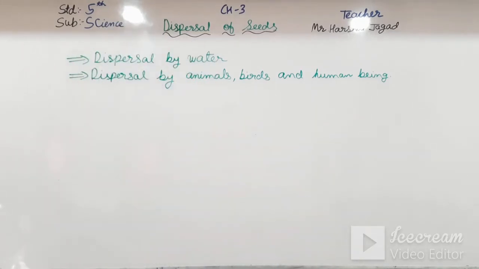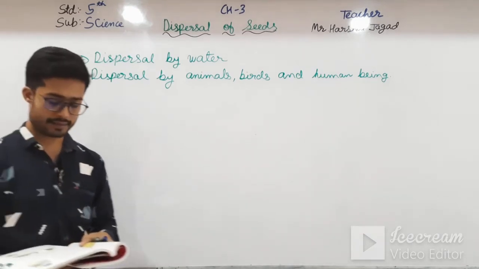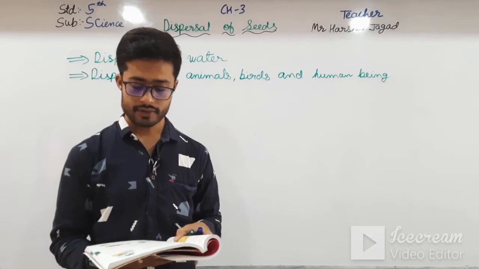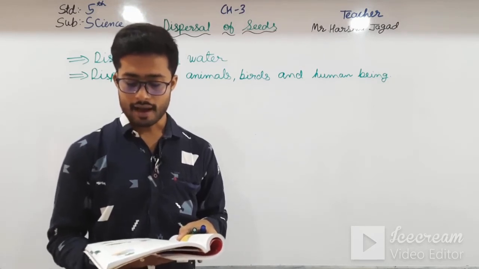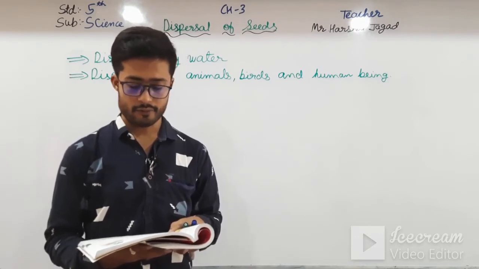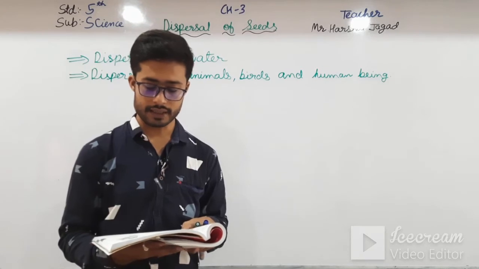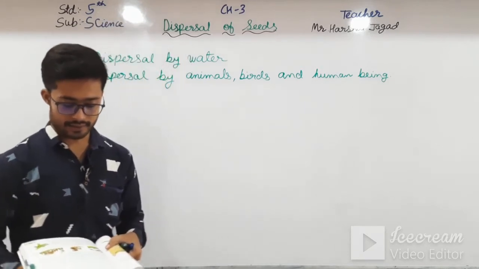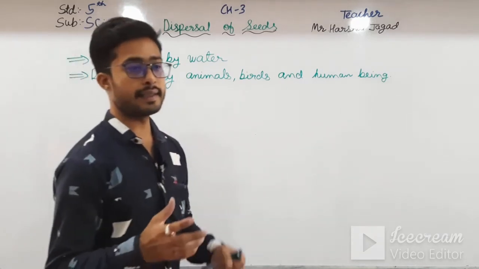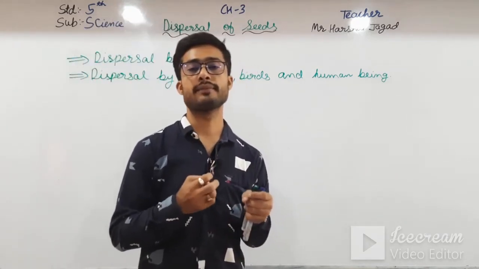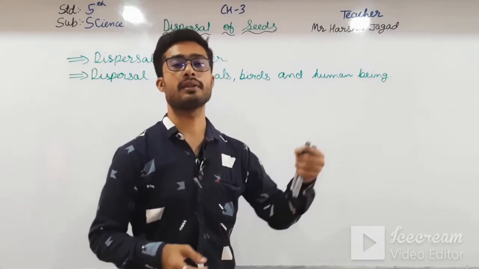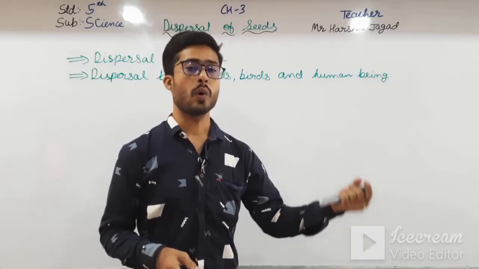See here next. Parrots and other seed eating birds and squirrels carry away fruits and seeds. Thus, half eaten pomegranate and guava fruit are dropped far from the parent plant. See here, the parrot and other seed eating animals eat half of the seeds and throw away the rest at a far distance. So this seed will grow there.